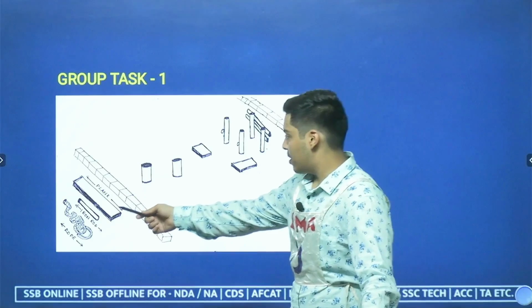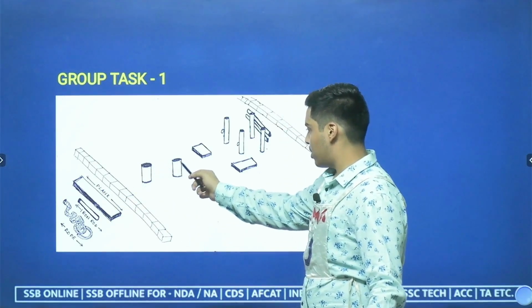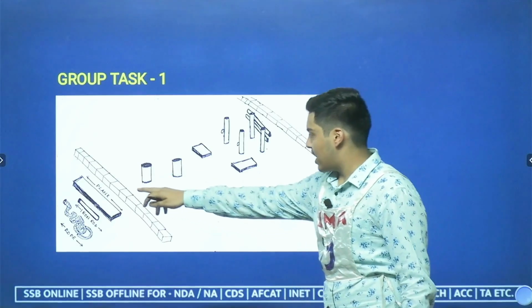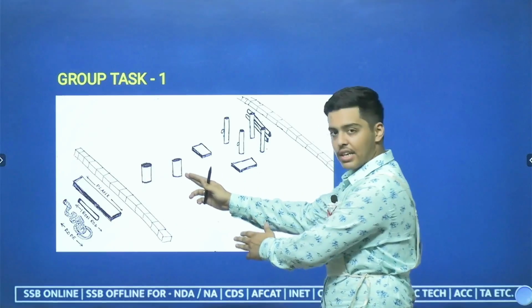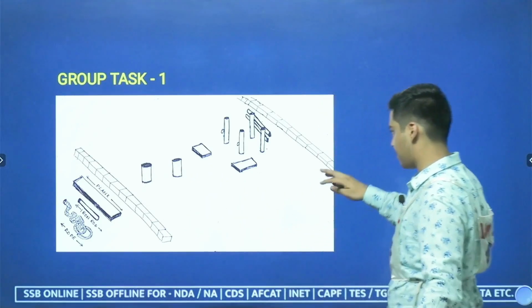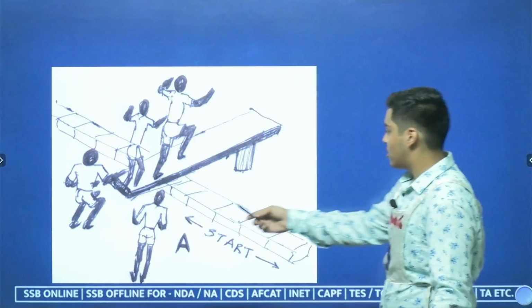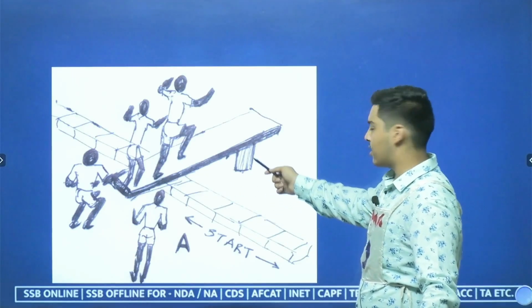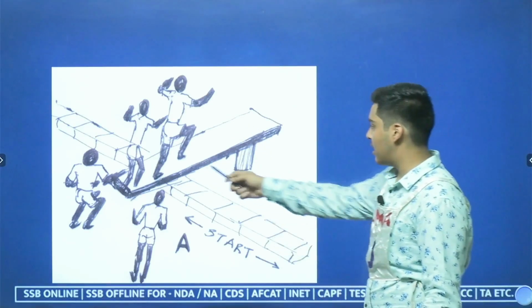Firstly, we'll take the plank and keep it on top of these 2 wooden poles, which will create a sort of bridge which can be used to pass from the starting line to this point here till the second log. So you can see, friends, here we have kept the plank on the starting line and on the first log, which will help create a bridge that will help you to move on.